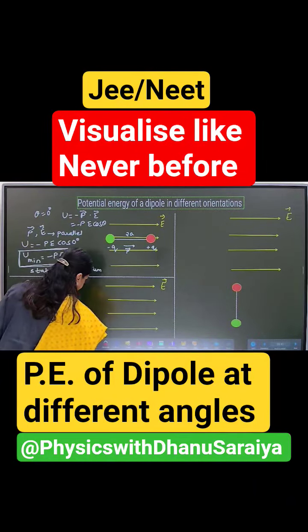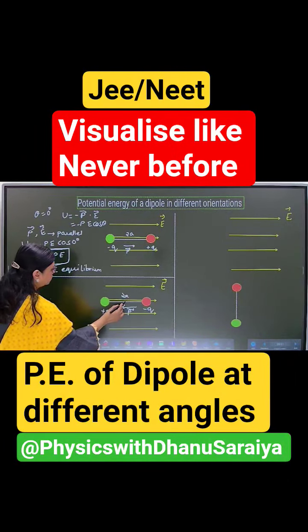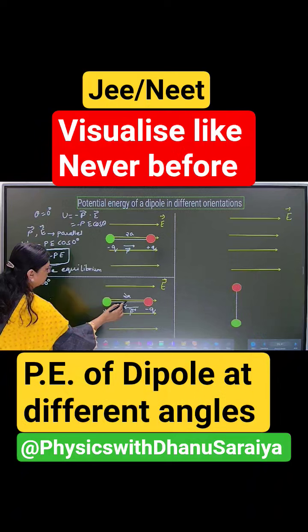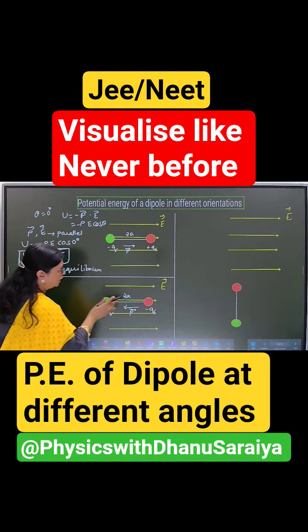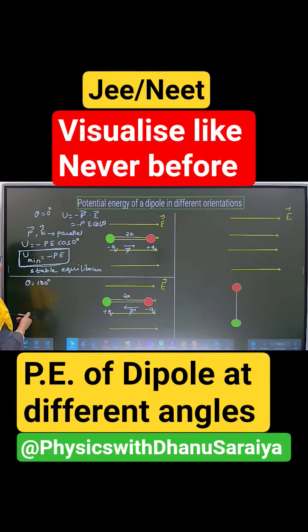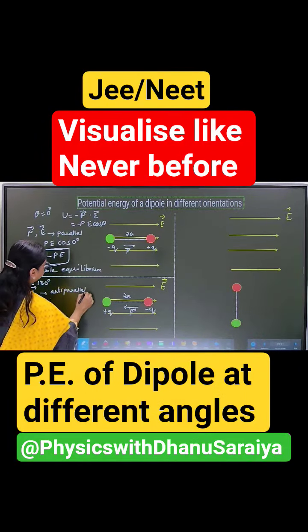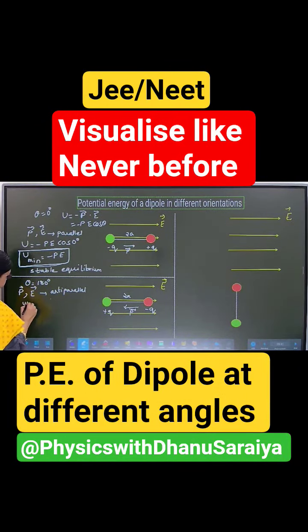And the angle is 180 degrees. So now I place this arrangement here. I hope you can understand this arrangement very clearly, where E arrow is towards one side, P arrow direction is towards the opposite side, such that theta is equal to 180 degrees between them, and we get P, E directions are anti-parallel. This was parallel, this is anti-parallel. This equilibrium is unstable.